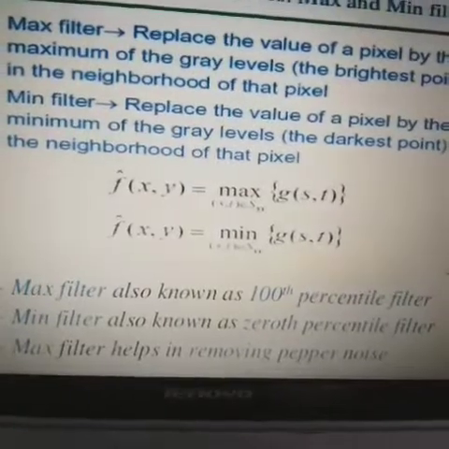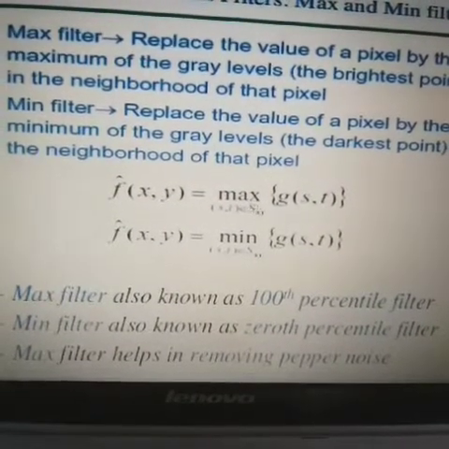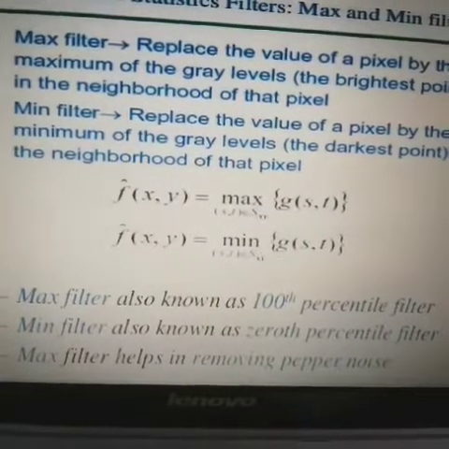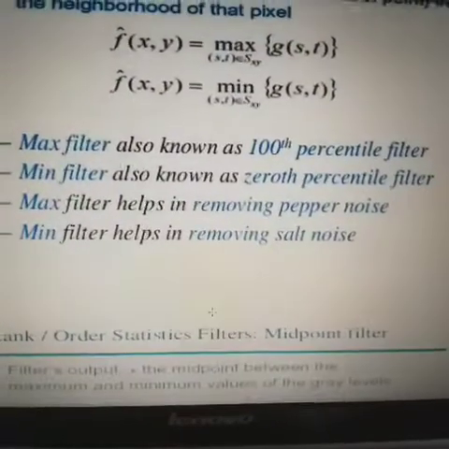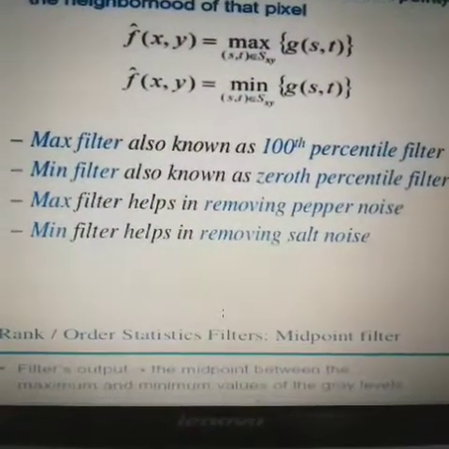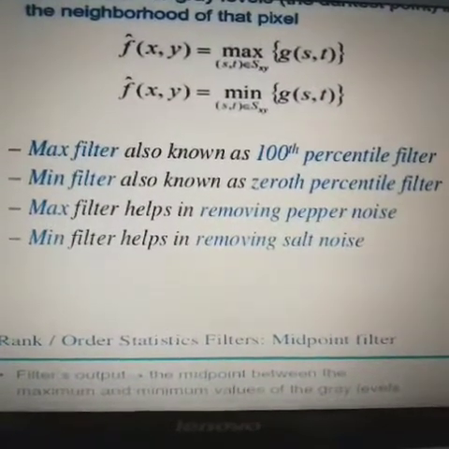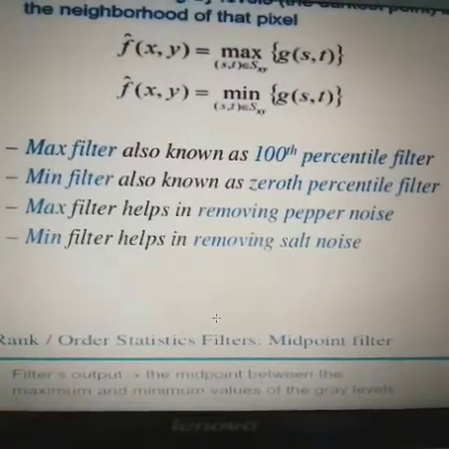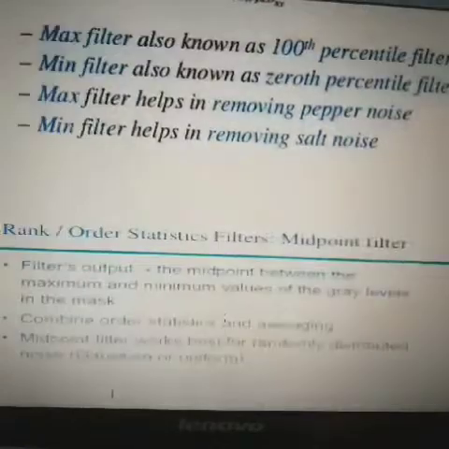We use the equations f cap x comma y equal to max of g s comma t for the max filter, and min of g s comma t for the min filter. Max filters are also known as the 100th percentile filter, whereas min filters are known as the 0th percentile filter. Max filters help in removing pepper noise, and min filters are used for removing salt noise.